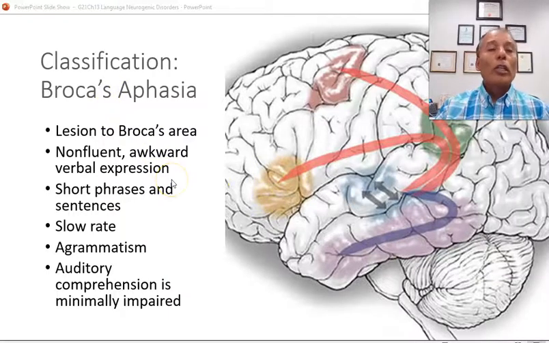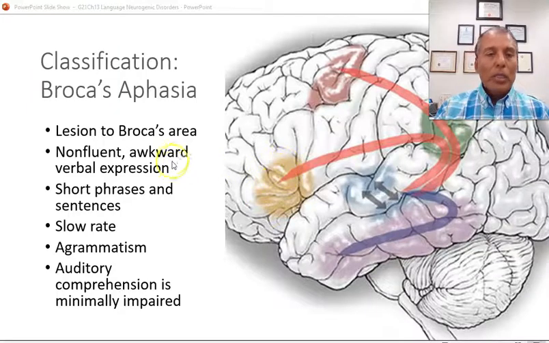One of the earliest, actually the first form of aphasia discovered, was Broca's aphasia. Broca was a neurologist and obviously a surgeon, and he worked with patients on different things. And over time, from the 1800s, around 1860, when the patients died, he would take their brains and examine them.